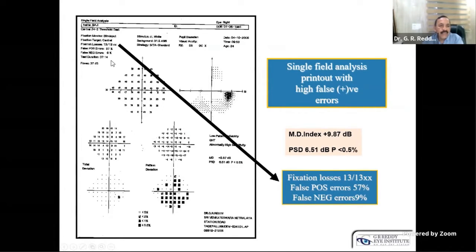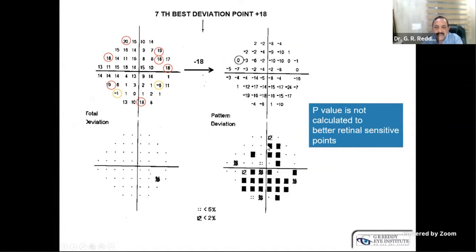Coming to the false positives, where you see a hyper white area of the grayscale, in this situation we see more scotomas in the pattern deviation probability plot than the total deviation probability plot. Why do you see more scotomas in the pattern deviation probability plot in high false positive cases? If you see the raw data, because the patient is trigger happy, the retinal sensitivity is almost looking like raw data. It is 15 dB better than normal, 16 dB better than normal.